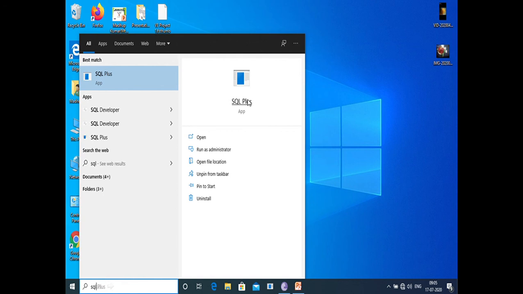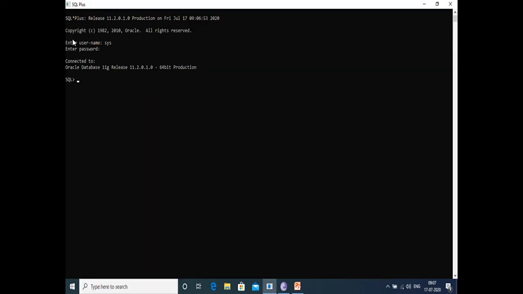Click on SQL Plus. It will come. After that, enter the username and the password. As in the earlier page, the administrative DBA account, I am using SYS, and enter the password. Password space as sysdba.